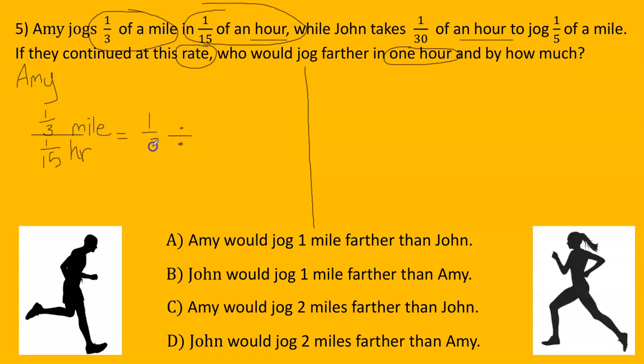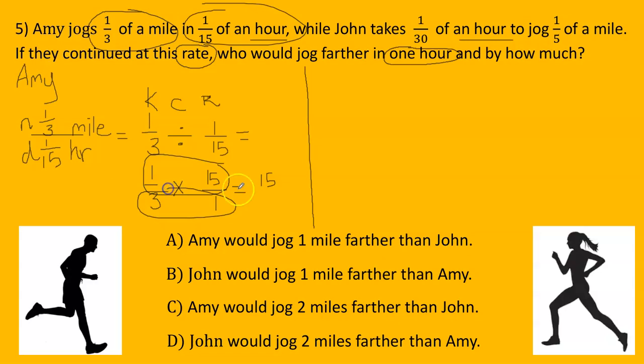Remember, we write the numerator fraction first, and then the denominator fraction second. Then we can use the method keep, change, reciprocal to change the division to multiplication. We keep the first fraction, we change the division to multiplication, and we record the reciprocal of 1/15. Then we multiply across. 15 times 1 is 15, 3 times 1 is 3, and 15 divided by 3 is 5. So Amy is traveling at a rate of 5